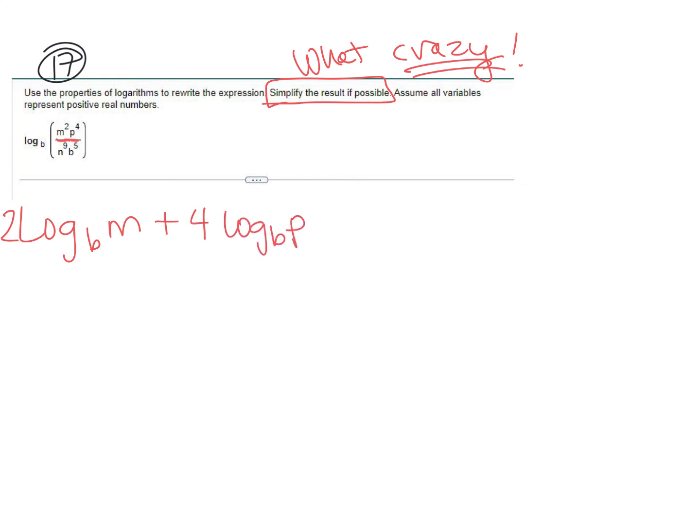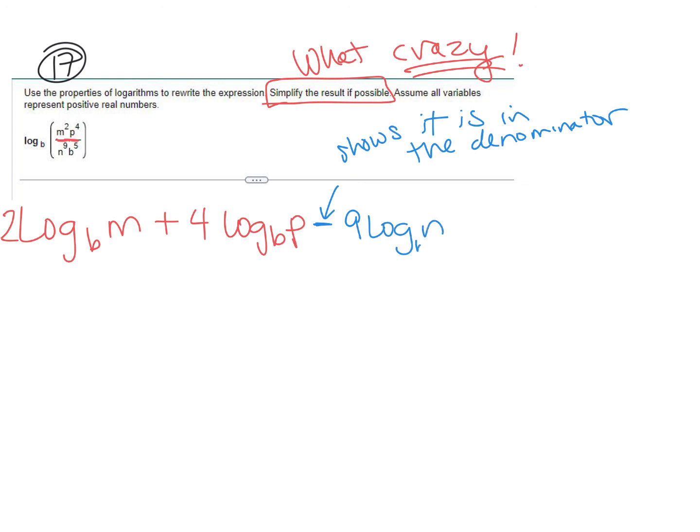Okay, so that's the first part, right? And then I have, after that, I have this division, and anything that's in the denominator has to have a minus in front of it. Remember, the minus shows it is in the denominator. That's very important. All right, so I have minus, and then 9 log of n base b minus 5 log of b base b. Okay, now I will accept this answer, but I do want to show you what happens